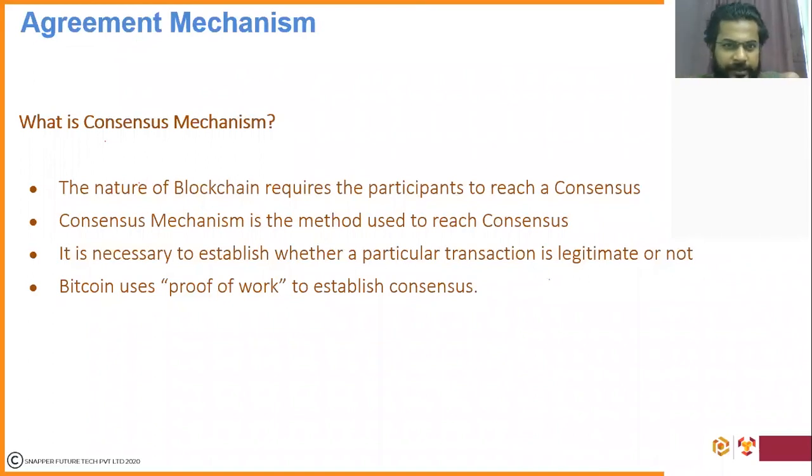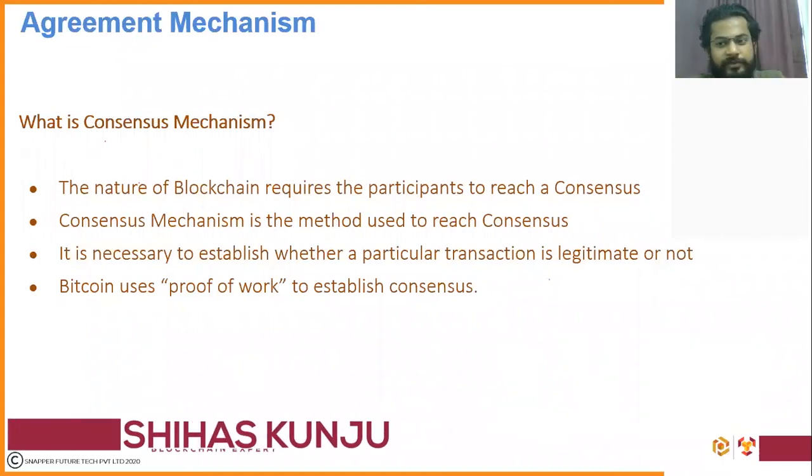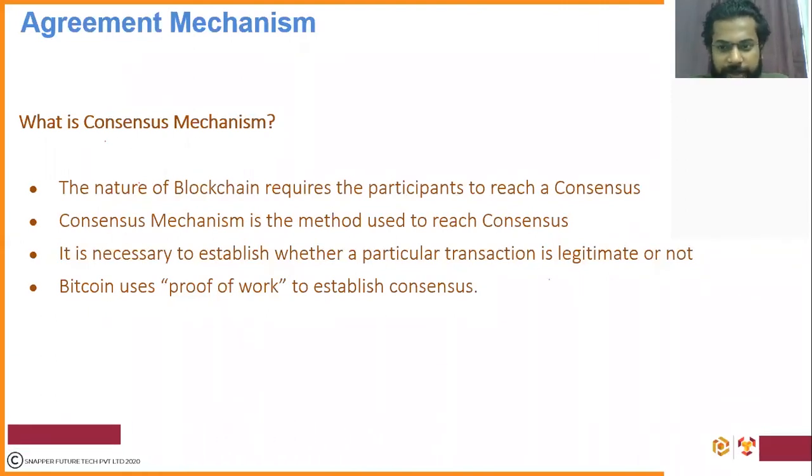Remember, I stated there is something called game theory. Whoever wins the puzzle first gets to add the block to the network. Remember, I stated that in the transaction flow. So that particular puzzle solving, that particular game theory, is a consensus mechanism. What happens because of it? Whoever is able to solve the puzzle first, don't you think their block will get propagated faster than anyone else who comes afterwards? Do you agree to this?